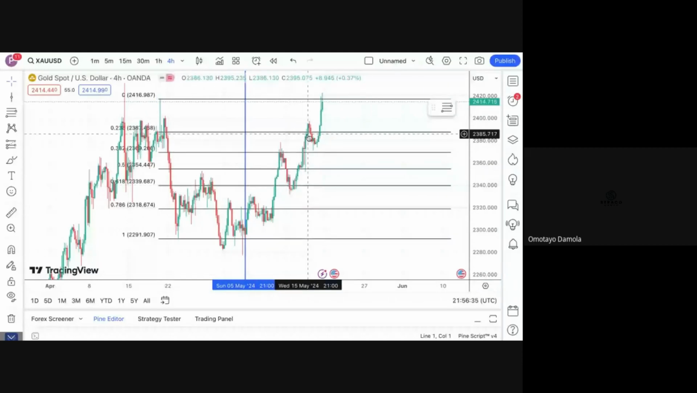But the thing is, what if it actually broke down? Because here now, this is a level you could have sold. This is a level you sold from here. If you sold, you would have lost. It came here again. If you sold, you would have lost again. So you don't try to outsmart the